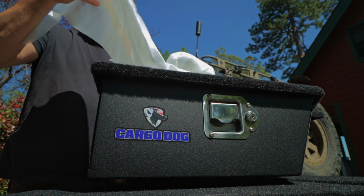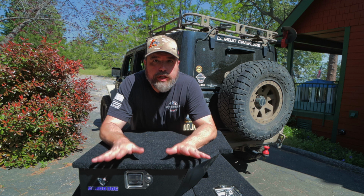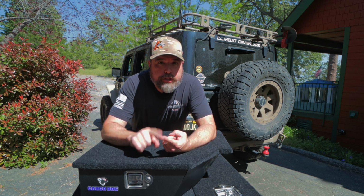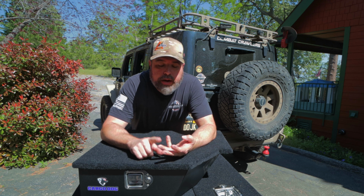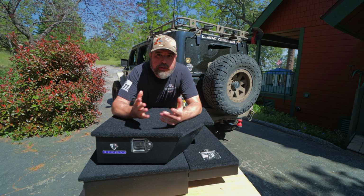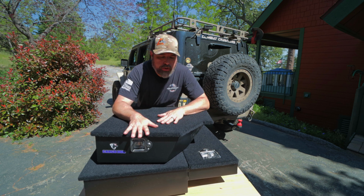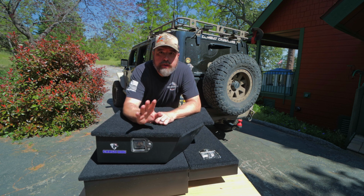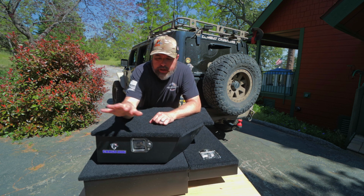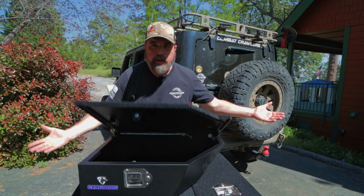So this is the cargo dog cargo system for the Jeep Wrangler. Now, again, like I mentioned, they've got it for the Jeep Wrangler JK, JL, the Gladiator, and they just released one for the Toyota Tacoma. So I imagine they're going to expand as time goes along. But this is a great solution if you're looking for a flat platform to replace your back seats in any of these vehicles. It is a lockable storage solution, and if you see here,